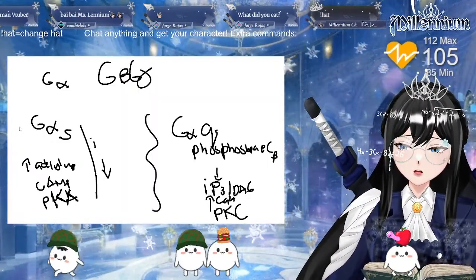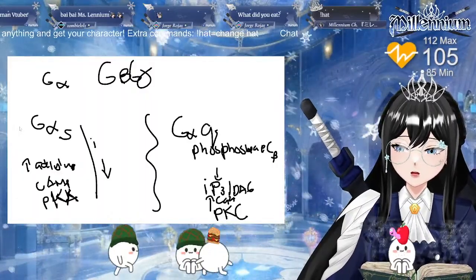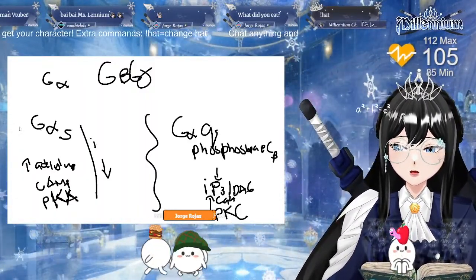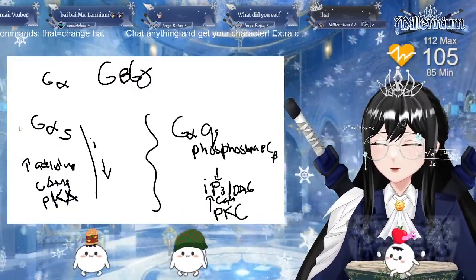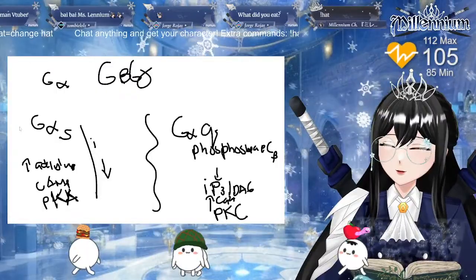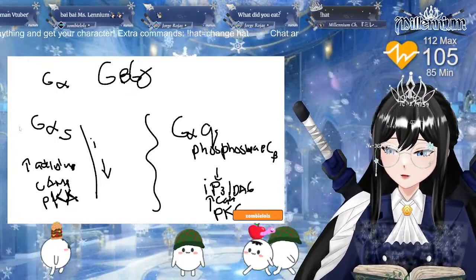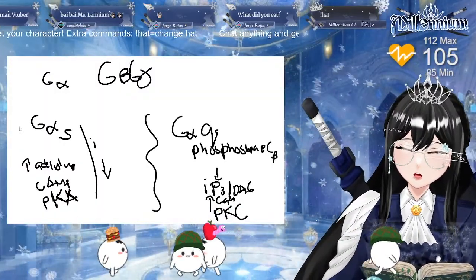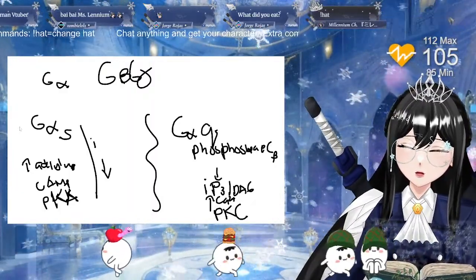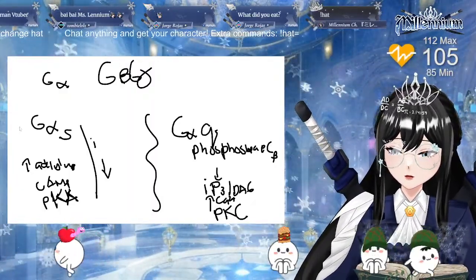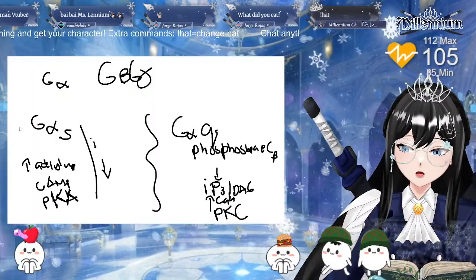So to prevent overstimulation, the GPCRs actually undergo desensitization. Through what? Through phosphorylation by GPCR kinases and then arrestin binding. They also go through arrestin sequestration, where they get internalized via endocytosis, and then either get degraded, just overall destroyed, or go back to the plasma membrane. So yeah, just so they don't get overwhelmed.